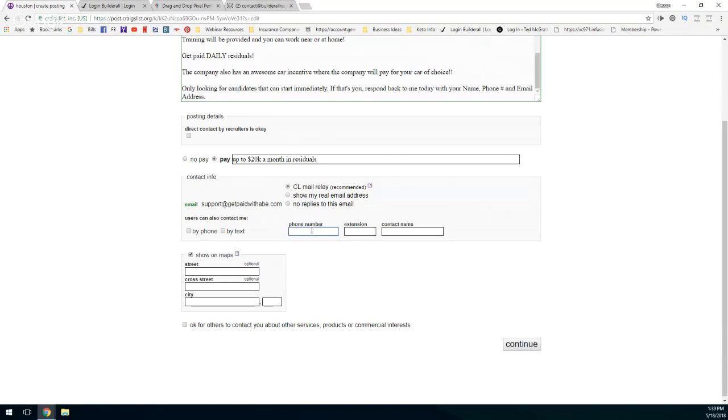This is your business. So that's why, in my opinion, I don't put my phone number on there. I just contact them through email in the beginning. And once we have some type of email communication, then I'll take the next step and contact them by phone and talk to them like that. So keep that in mind. Then it's going to ask you for your address. I don't put my address because I don't want people knowing where I live or anything like that. And once you've got all that, you're going to click on continue.